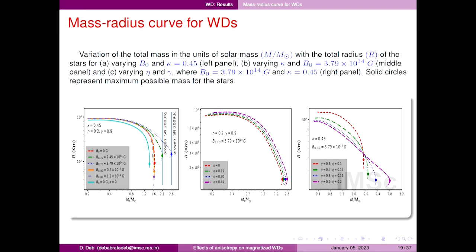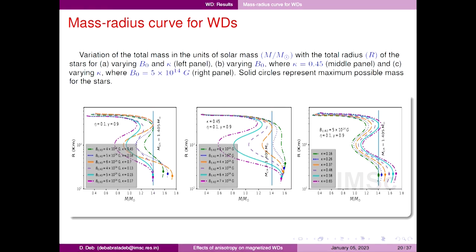higher progenitor mass for the transverse orientation, and for the radial orientation we are also able to explain the lower mass compared to the zero magnetic field case. Another interesting thing is that for the radial orientation, based on different chosen parameter values, we are able to explain different sets of sub-, super- and standard Chandrasekhar white dwarfs in a single mass-radius curve. You can see different combinations there, like sub and standard, sub and super, and standard and super